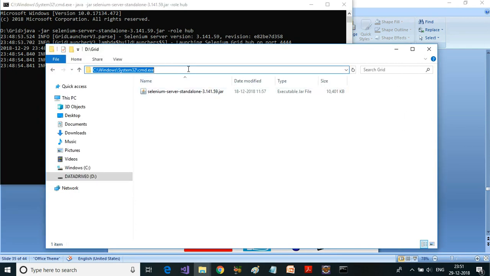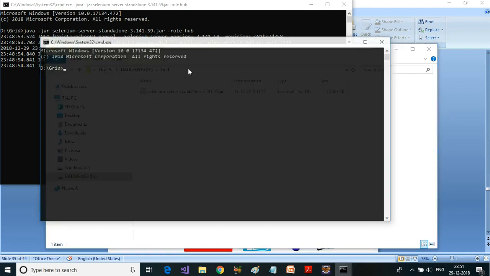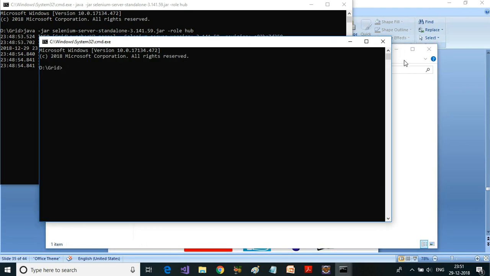Okay, to register a node, again open up the command prompt and go to the location where your standalone server jar file is.